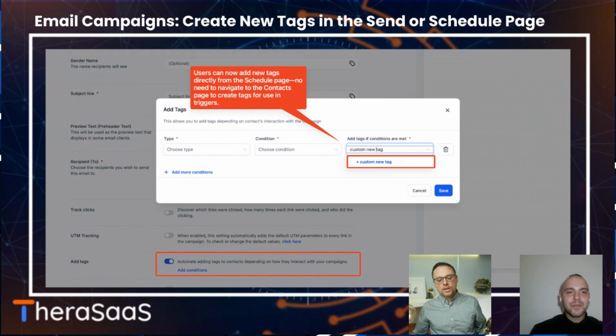All right, so before, if you wanted to be able to send emails to a particular segment inside of TheraSaaS, so you have a list of contacts that have been tagged, let's say referral source or something like that, well, you had to create that tag ahead of time before you send out an email campaign. Now, what you can do is as you are building out the email campaign, there's an option down in the campaign builder to add a tag, but to also create a new tag in that process. So you don't have to stop building the email campaign,